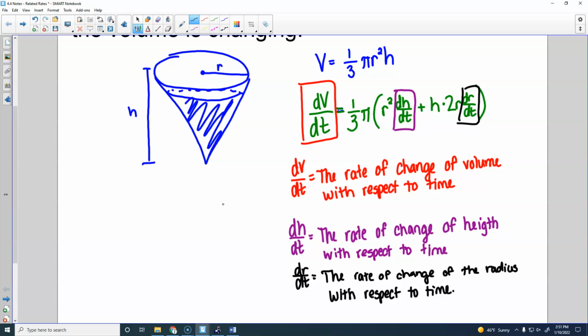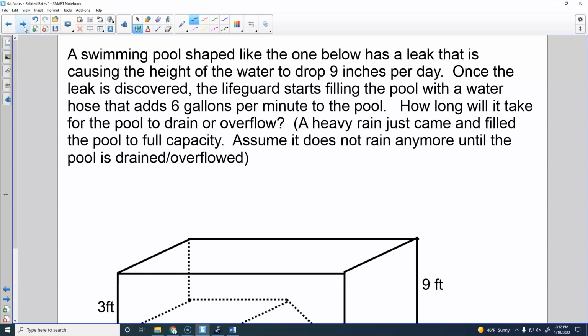So where we're going with this is that we will be looking at different rates of change. And so this next slide, don't try to write any of this down. I just want to give you an idea of where this can go. Okay? So like this would be like at the very end of related rates. Maybe we could do this problem. This is probably a little harder than what I would give you, but